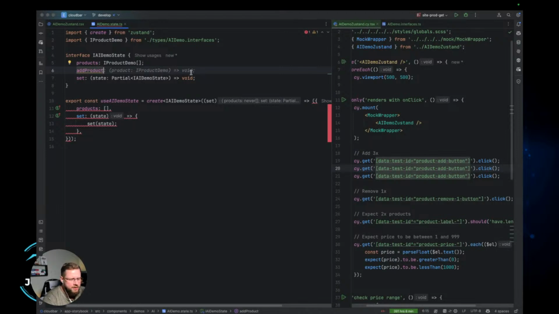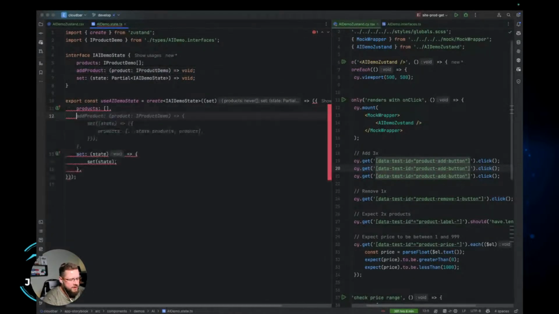It returns void. Well, we could have a Boolean for a success or something like that. But since it's a state, it's very unlikely that it fails at this moment. So for now, void is okay. So we take that. And the next step is we have it here as well. Without further ado, the AI tries to give me some functionality here, and it basically does a set in this moment. So it basically gives that